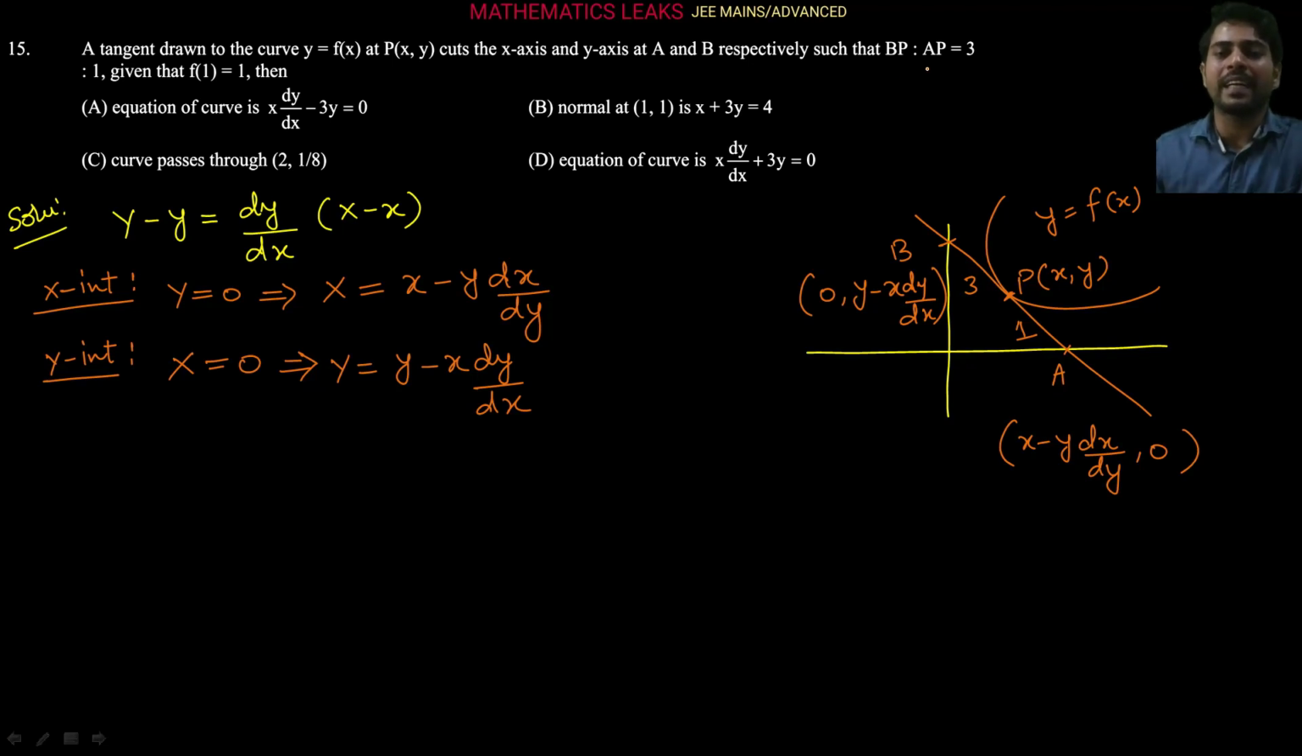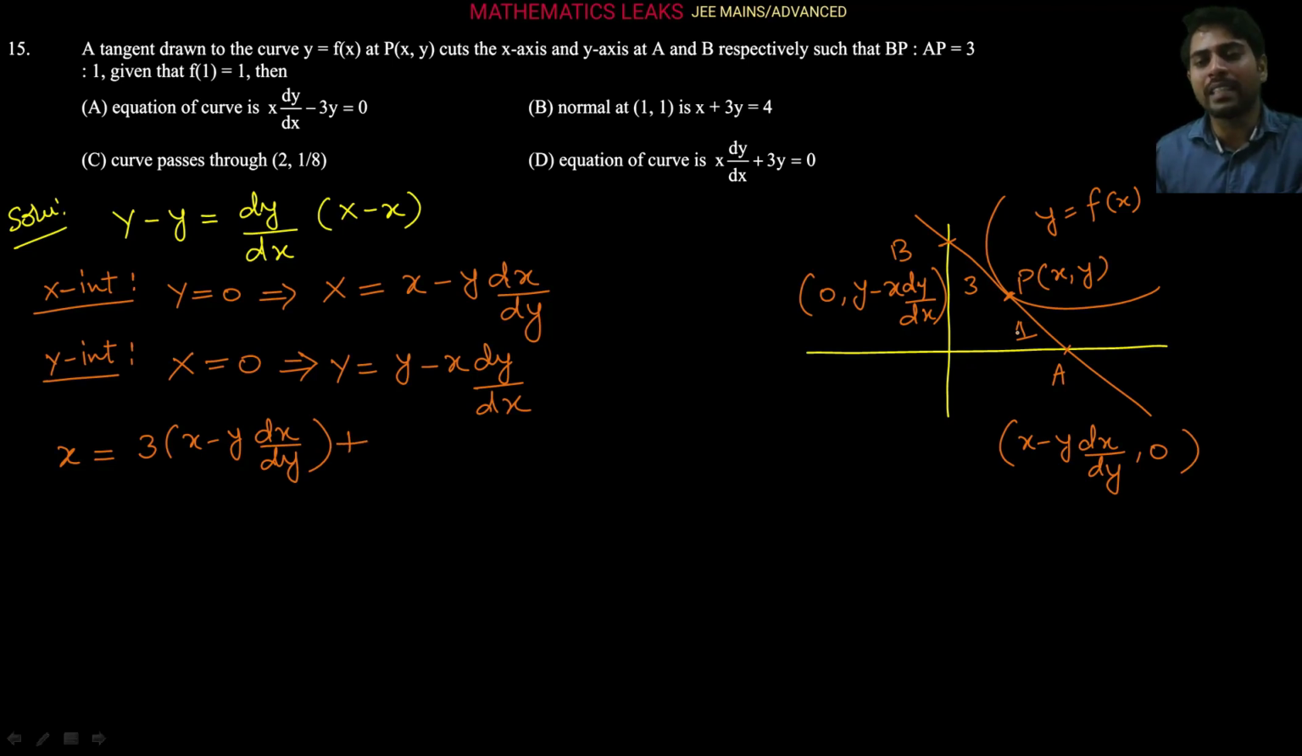Now it is given that P is the point which is dividing the line joining A and B in the ratio 3:1, right? So P is dividing internally the line joining AB in the ratio 3:1. So we can get the X coordinate of P or Y coordinate also of P using the internal division formula. So applying the internal division formula, we are getting X equals 3 times the X coordinate of A point. So 3 times the X coordinate of A point, you know the formula. So 3 times X minus small y dx over dy